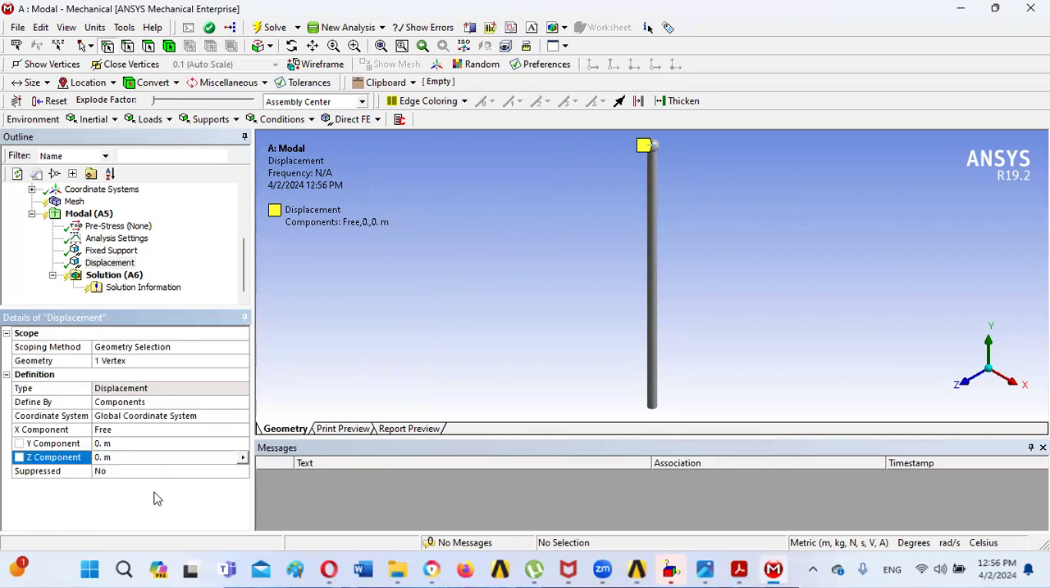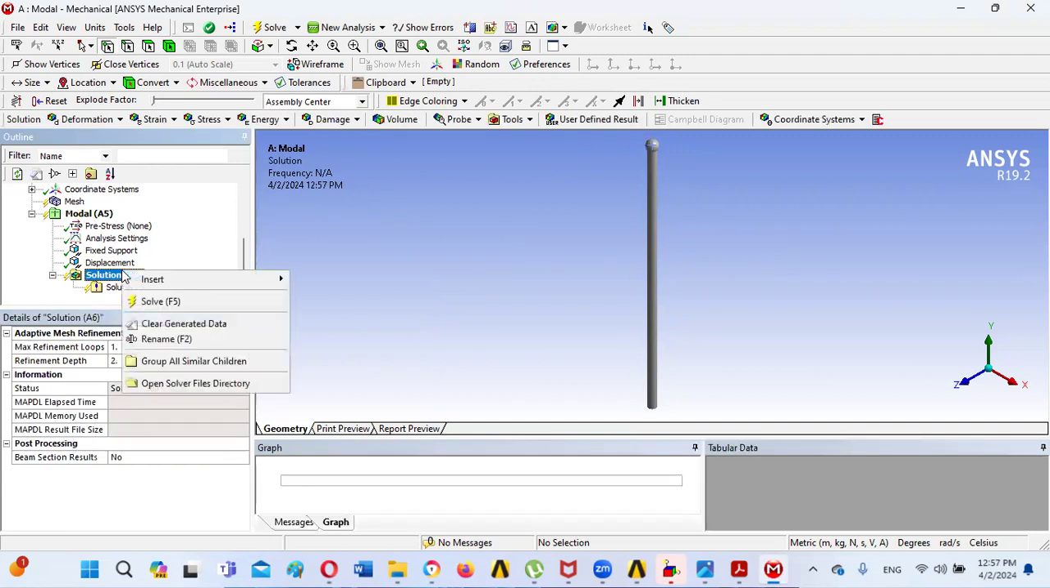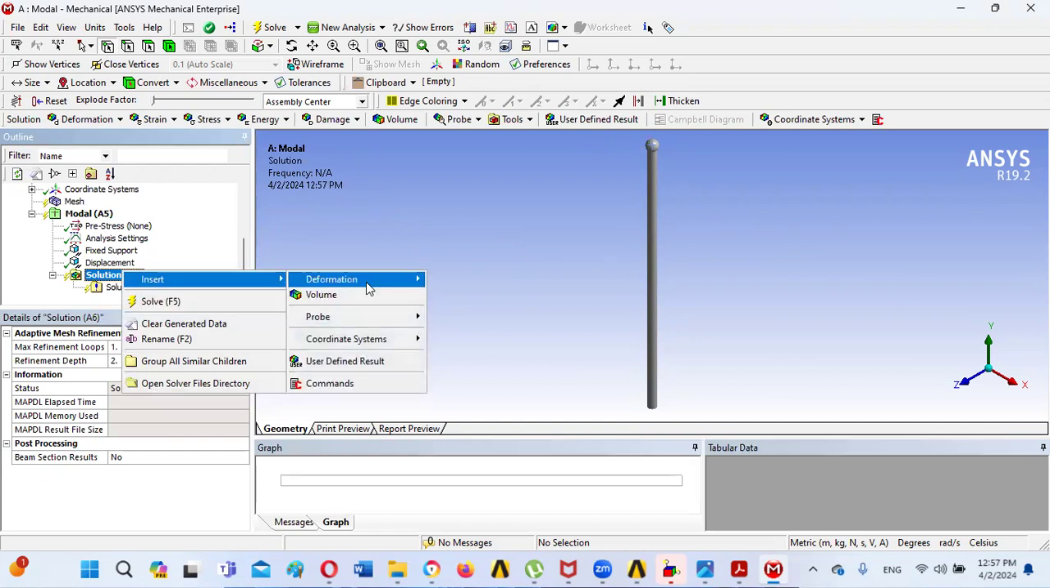So as the column is along vertical, its deflection is possible along the x-axis only. Necessary loads and supports have been applied, and after that we will be clicking on solution, insert, and deformation and